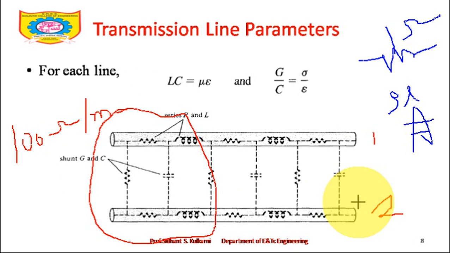So the transmission line parameters are not lumped, they are distributed over the length of the transmission line. If I want to measure this resistance, I must know the length. Then if it is distributed over a length, you need to calculate. You cannot say at this particular point the resistance of a transmission line is 1 ohm. No, you should say for a section of 1 meter, for a section of 10 centimeters, this should be the resistance.